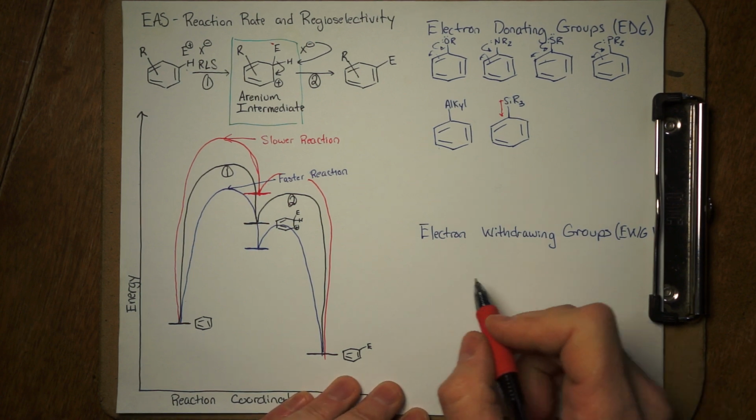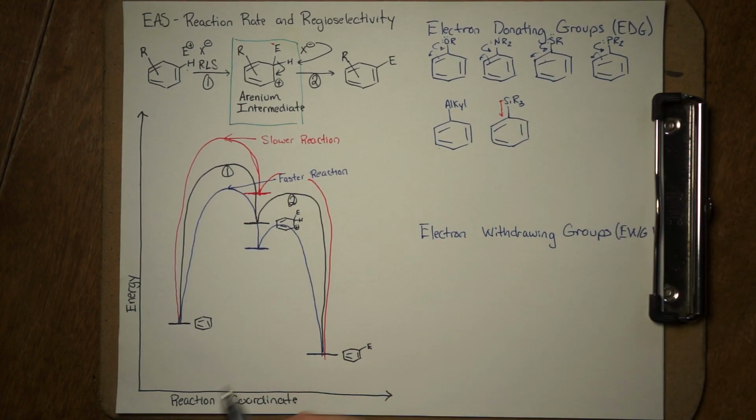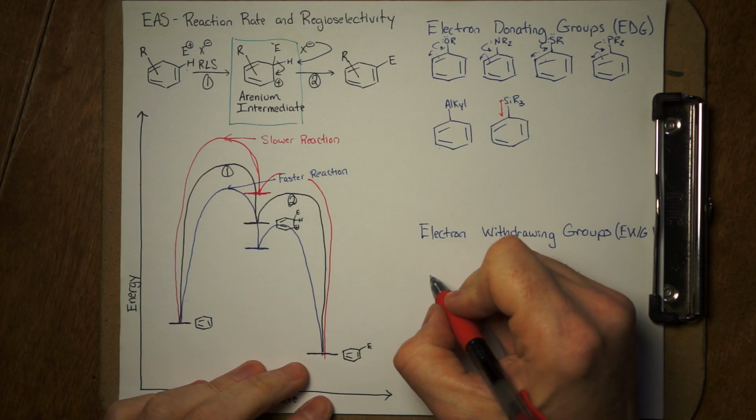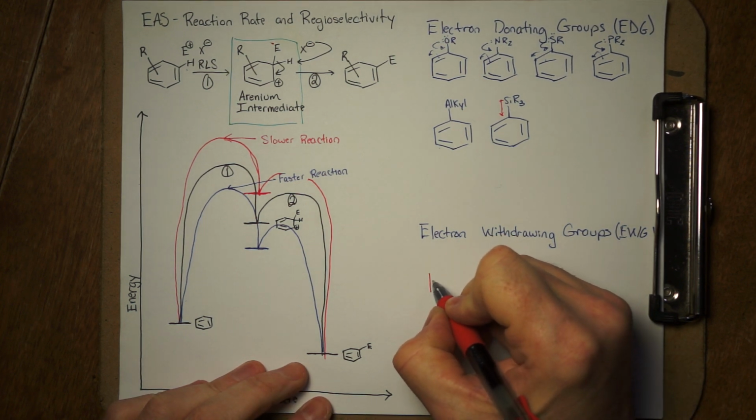Electron withdrawing groups are obviously the opposite of electron donating groups. Where electron donating groups are putting electron density into the ring, electron withdrawing groups are going to be removing electron density from the ring. So common electron withdrawing groups, and I'll draw these in red,